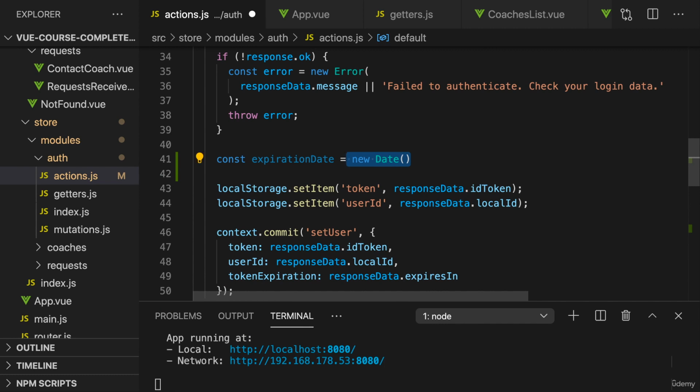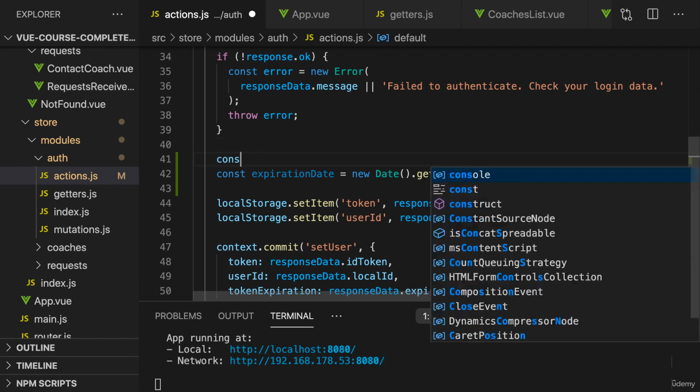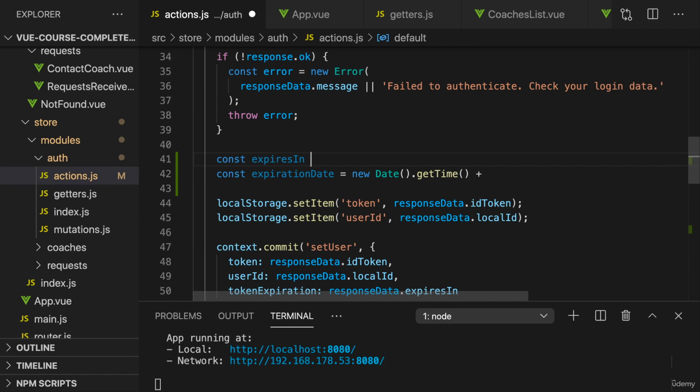So for that, we can get the current date by calling new date. That gives us the current timestamp. But now I want to add something here. And actually for that, I will call getTime to get the current timestamp in milliseconds. And I want to add the expiration time, the expiration duration in milliseconds. So for that, I'll add expires in